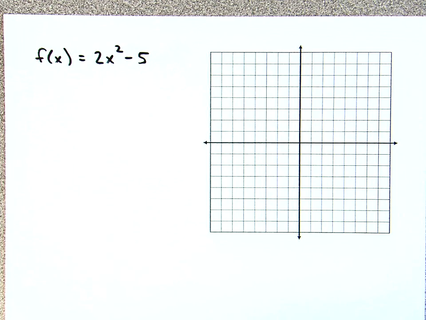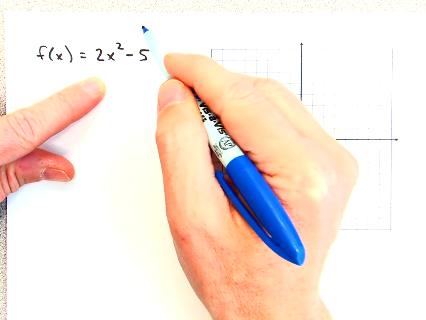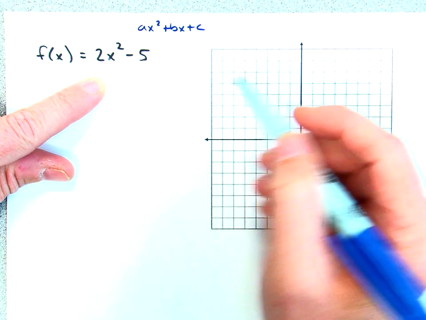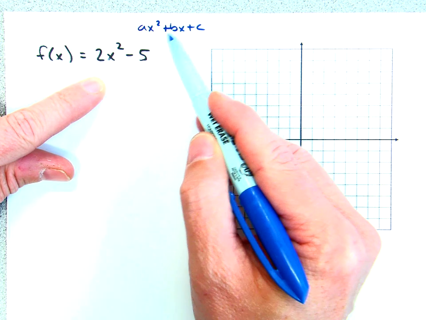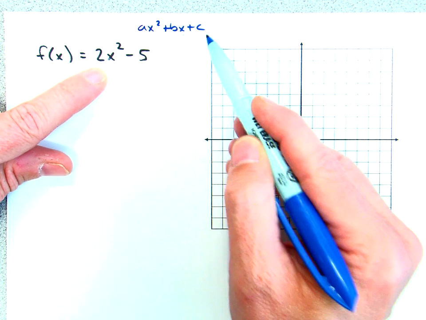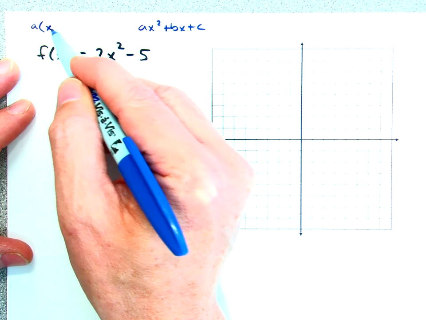So let's try another one. Okay. Now, at first glance, you might say, well, this one actually looks like it's in standard form, which is ax squared plus bx plus c, which technically it is. Right? If b was 0, then this middle term would be non-existent, and you would have your ax squared value and your c. So technically it's in standard form, but even in vertex form,